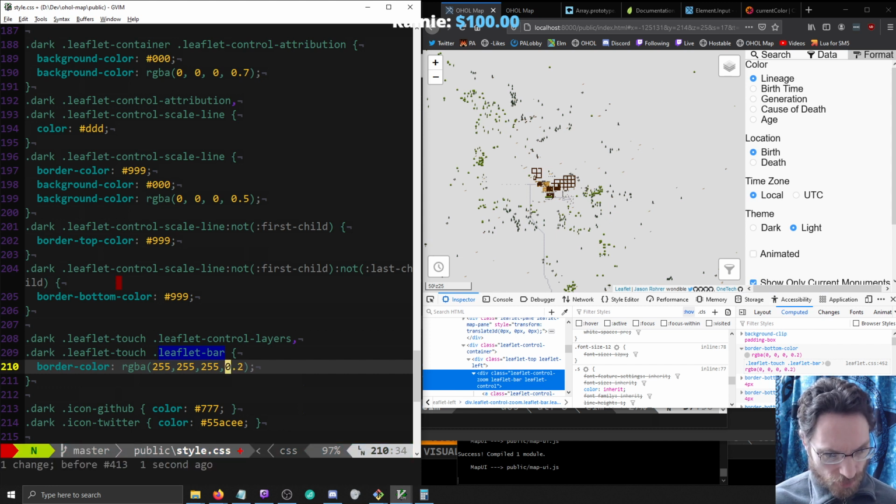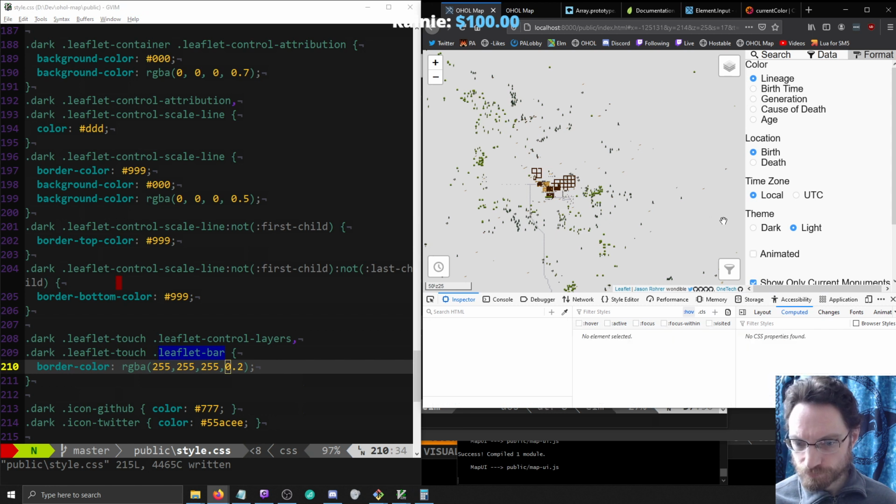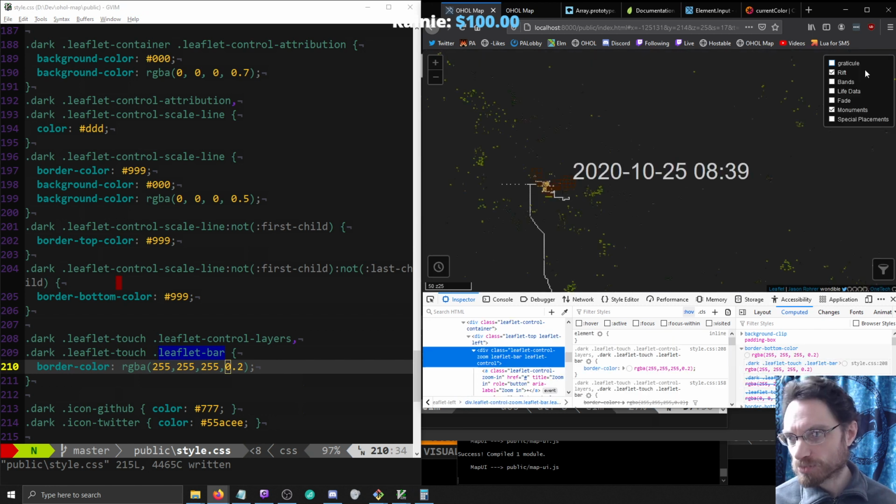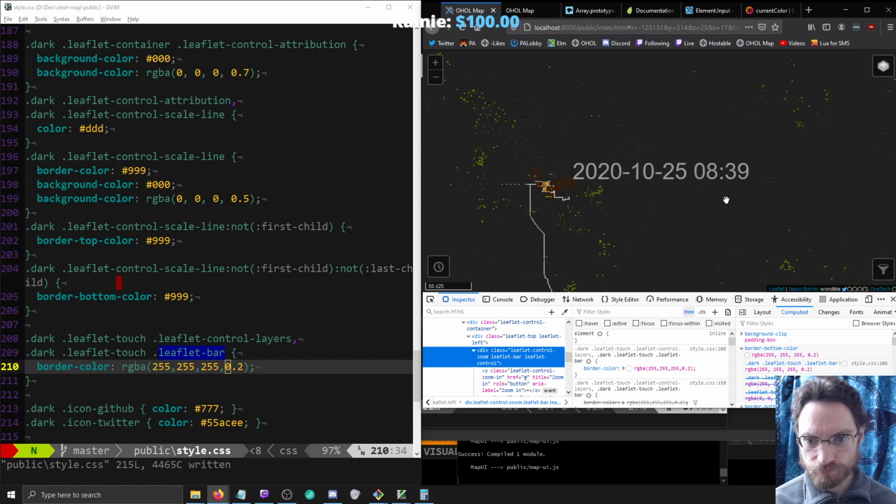I was wondering if I'd done anything to that one. Okay, yep, there's a border. Well, that could maybe use some tweaking, but